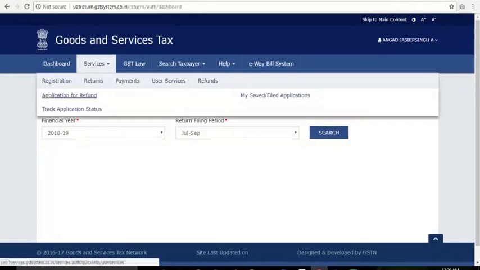At present, in July 2018, the refund is disbursed manually once the jurisdictional authority has processed your application. So, for this, from this link, you must take prints of the filed application and the refund ARN receipt generated at the portal and submit the same along with supporting documents to the jurisdictional authority. To track the application status, go to the Track Application Status link. Also note the Application for Refund option. You can use this also to file RFD 10 for subsequent quarters. It's that simple.